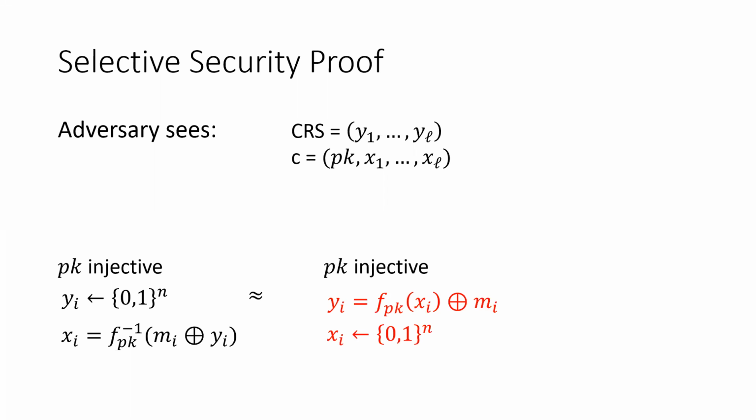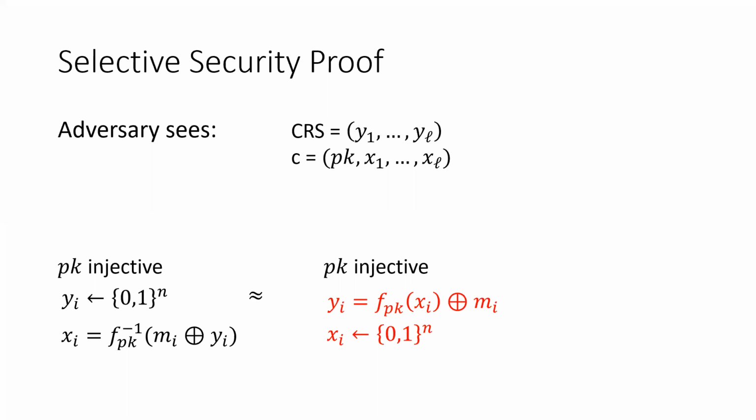As my first step, I'm going to switch this distribution to the following. I choose the xi, the values in the code word, uniformly at random, and then I define the yi's in the CRS in the right way, so that yi and xi are still a secret sharing of the message. I just set yi to be f_pk(xi) XOR mi. If you look at this distribution, nothing changed. It's exactly identical to the real world,